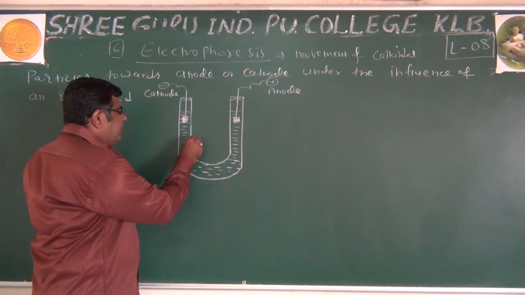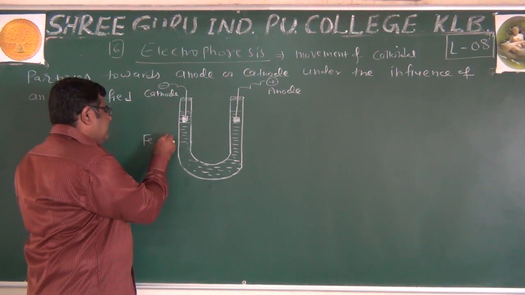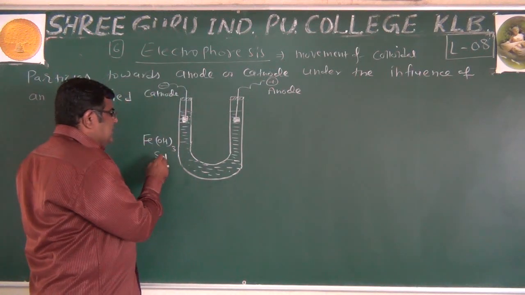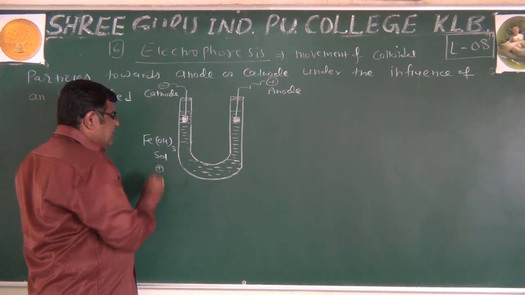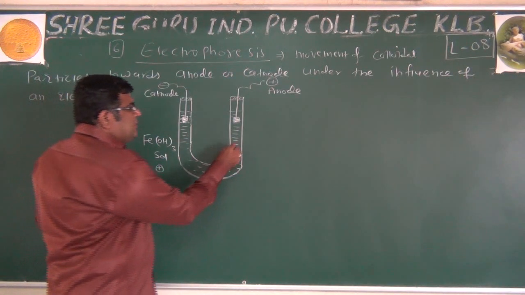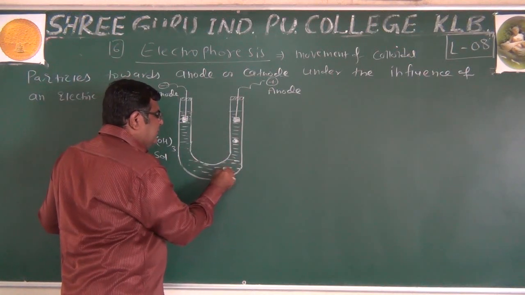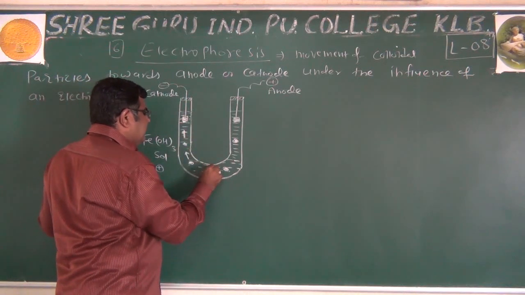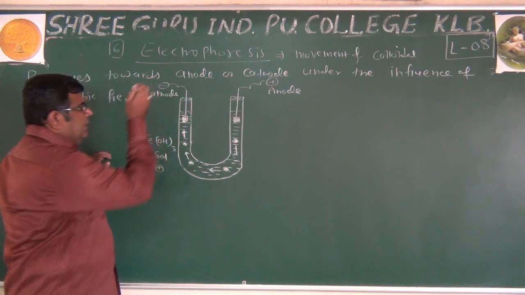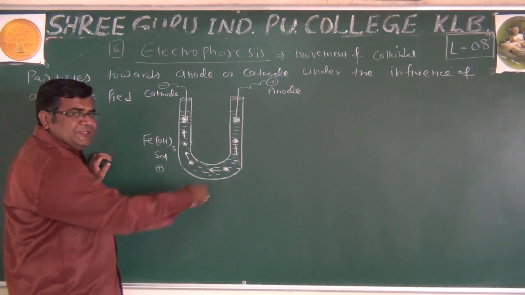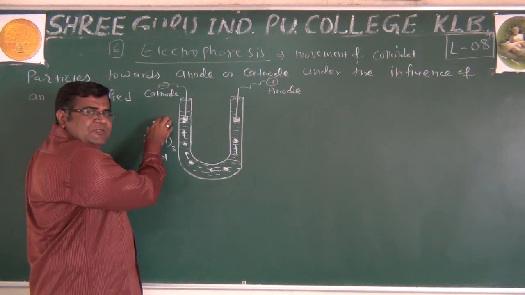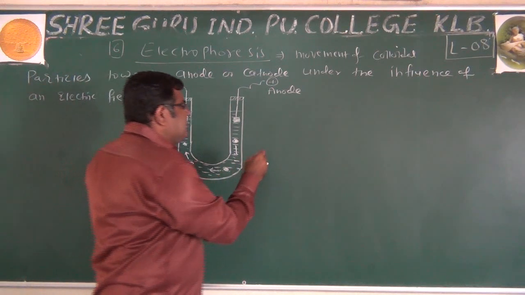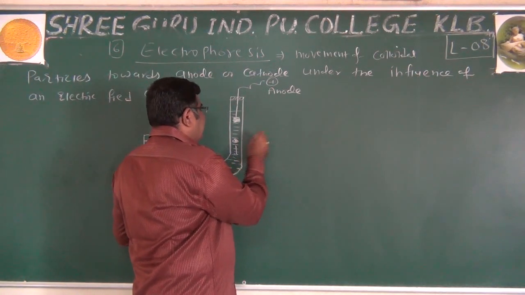So if we take the ferric hydroxide sol, being the ferric hydroxide sol, it is a positively charged sol, and its particles, these are its dispersed phase particles, will migrate towards the negatively charged electrode. So by looking into movement, if we take As2S3 sol, which is a negative sol, they will migrate towards the anode. So we can say that we can be reading this.